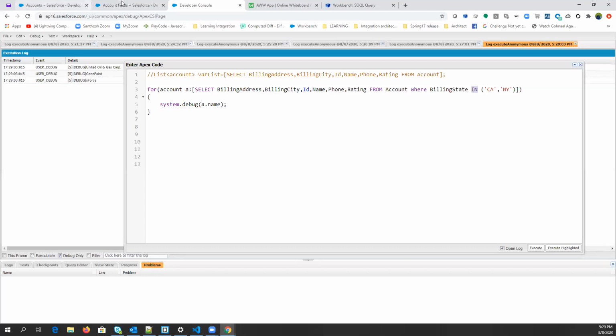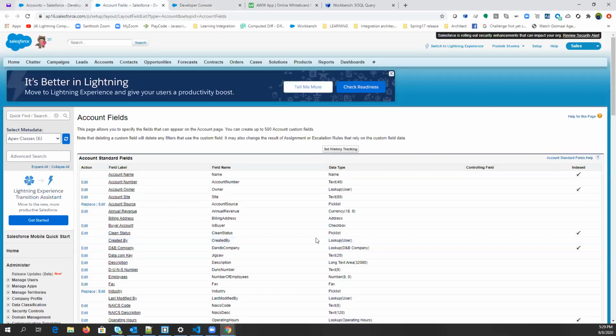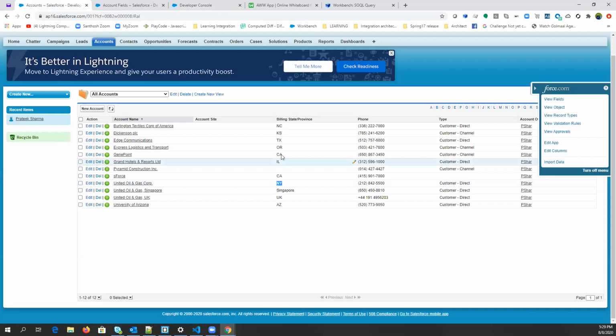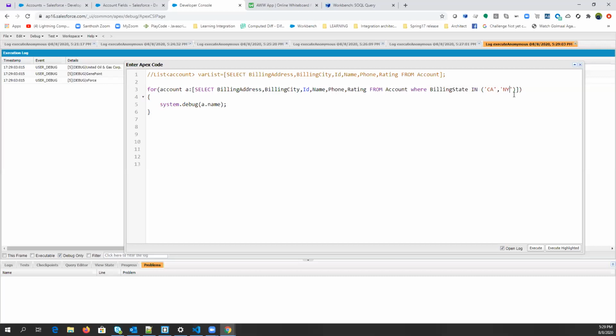Here you can see we have only 3 accounts, one with NY and 2 with CA. You can check multiple conditions without using AND, by just passing commas, using IN. The IN keyword is very useful in Salesforce. You will always use the IN keyword.